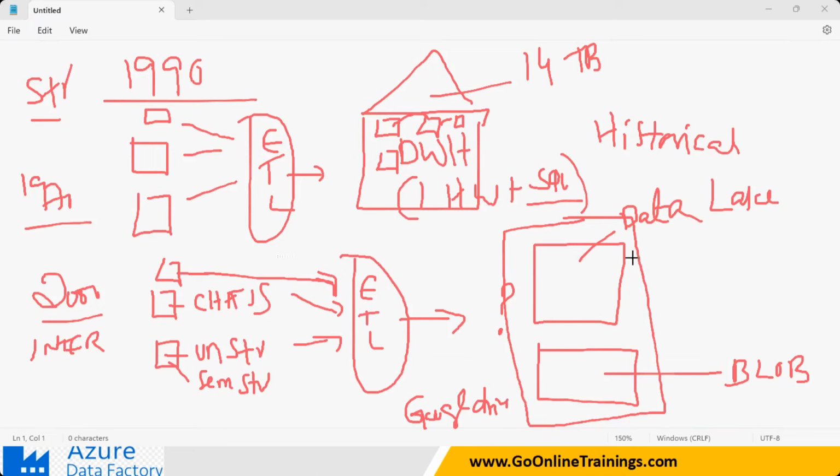Similarly, a data lake is nothing but a folder only. If you go to the Windows operating system, you will be able to create a folder, right? In the folder, you can store audio files, video files, images, anything. So a data lake and a blob are nothing but folders in the Windows operating system. You will be able to understand it like this. But the IT industry has given it a different name altogether. So a data lake means you need to understand it as a Google Drive. Blob is also some kind of a Google Drive, which is cheaper.